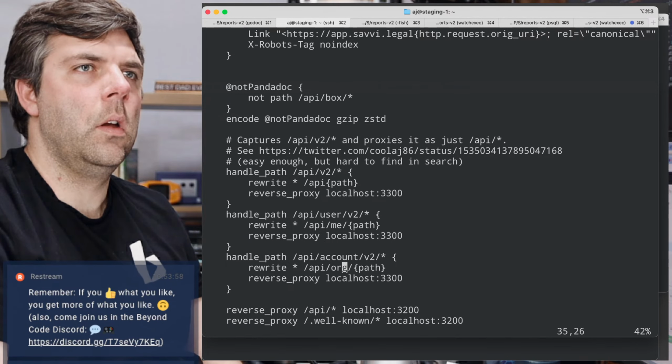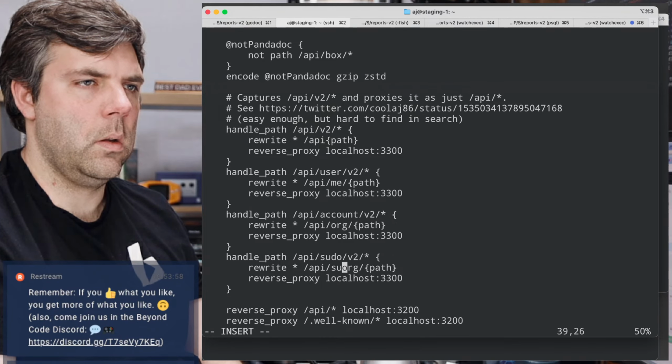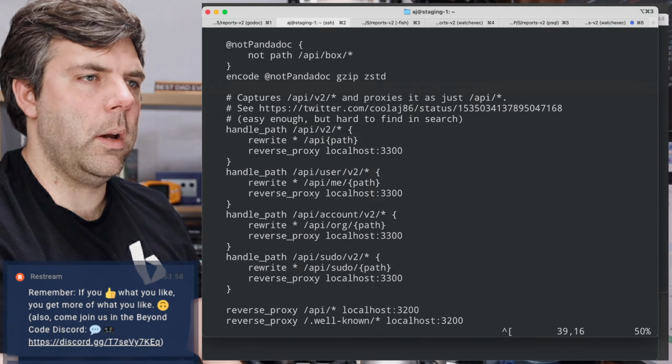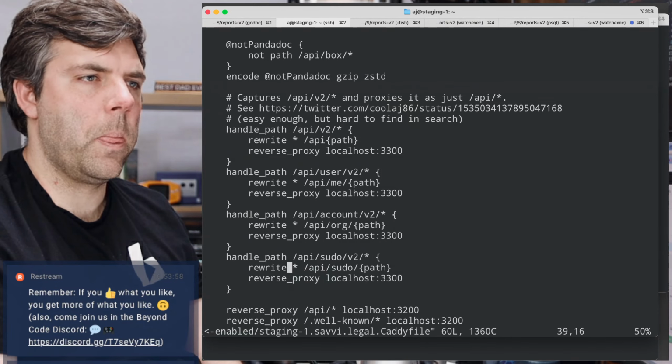What do we have for this? Sudo public org. There we go. That's probably the easiest way to go about it.